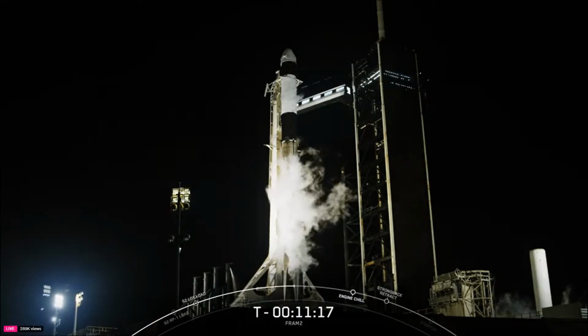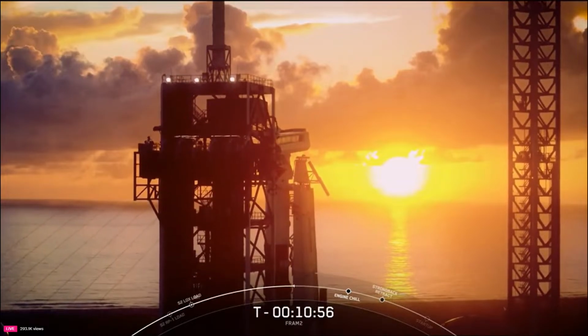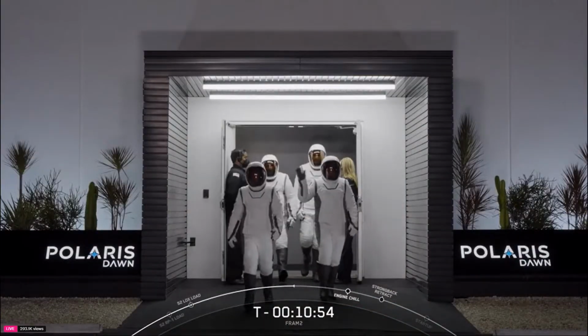Can you tell us how the ride was on Falcon? Riding on Falcon is extraordinary. It is my absolute favorite roller coaster. At liftoff, you are momentarily suspended in a way that just defies physics. And then you start accelerating, pushing out through the atmosphere. I think a moment that stands out is main engine cutoff when you're first thrown into your straps, and it